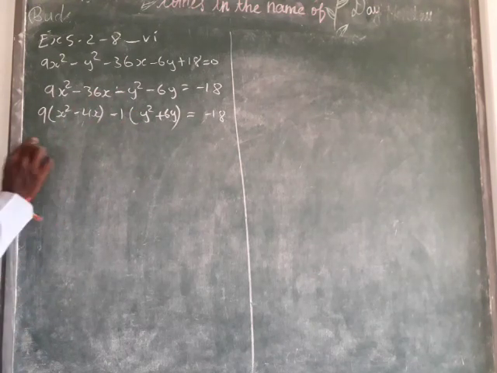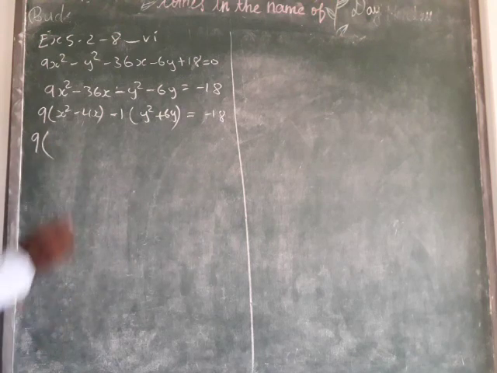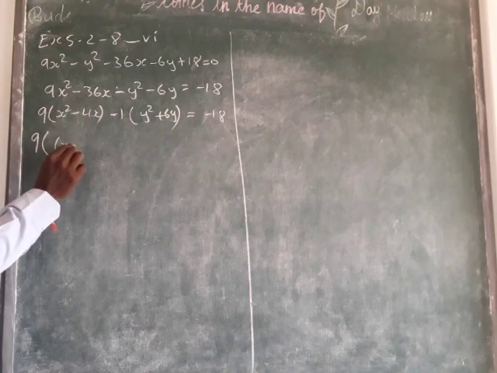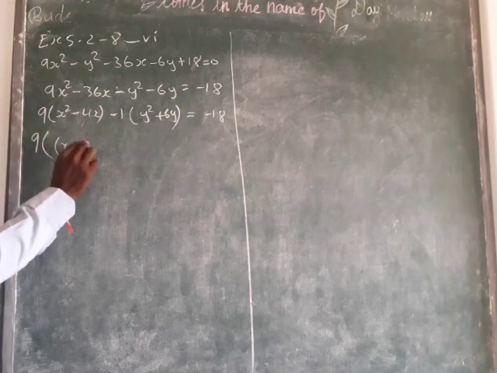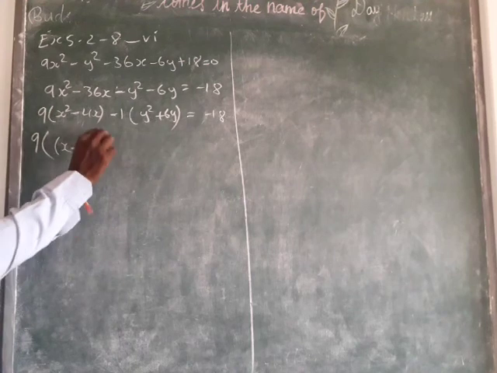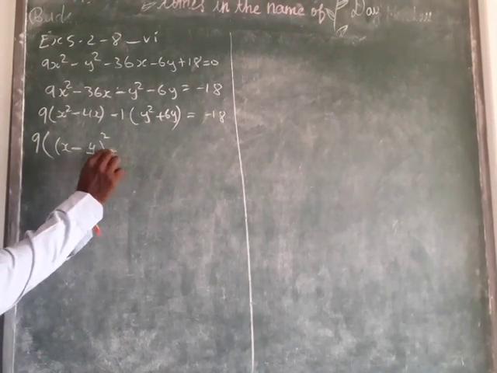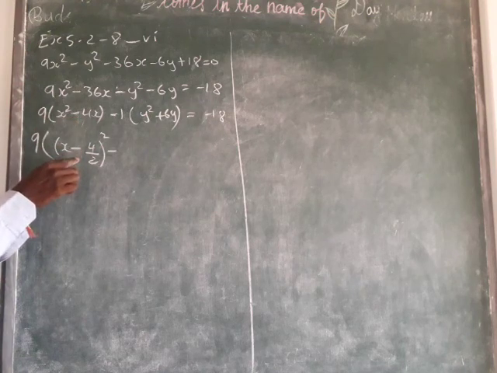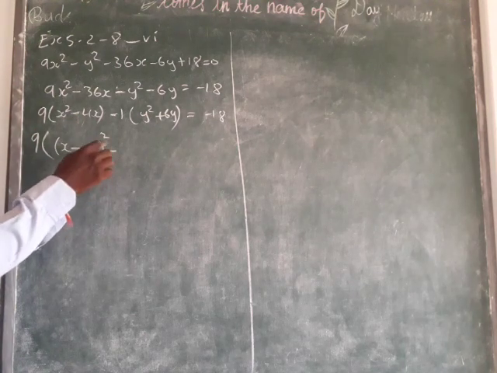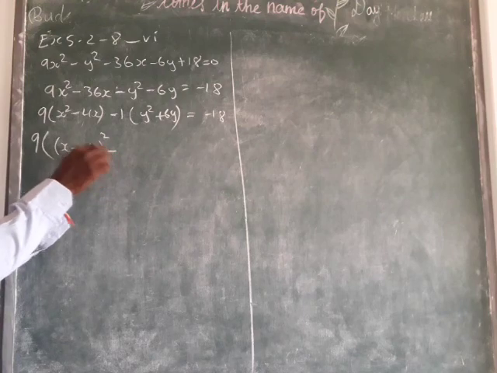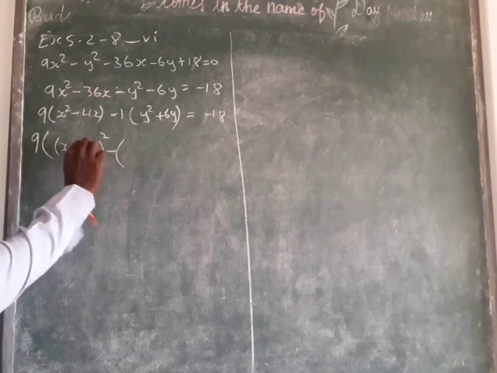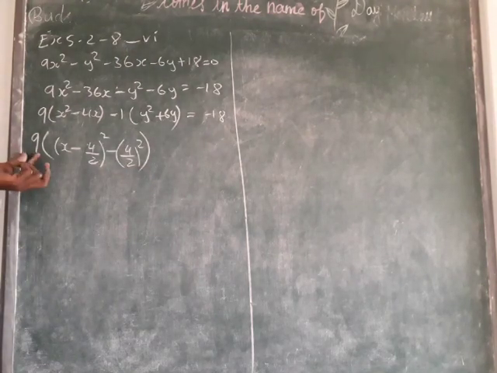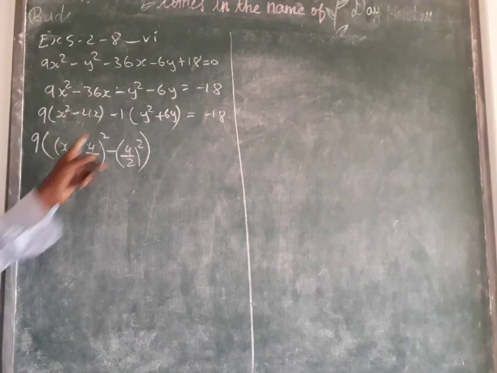Now I am using the complete square method. What is the complete square method? Here is the x squared term, x, with the same symbol as the x term, minus. Then the coefficient of x divided by 2, then the whole square. After the whole bracket, we always write minus of the same term, 4 by 2 the whole square. Because the 9 is a multiple of both terms, that's why you can use it here.